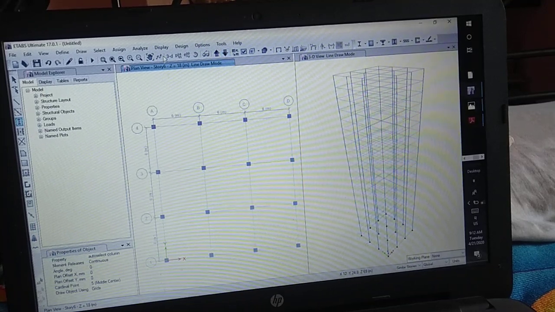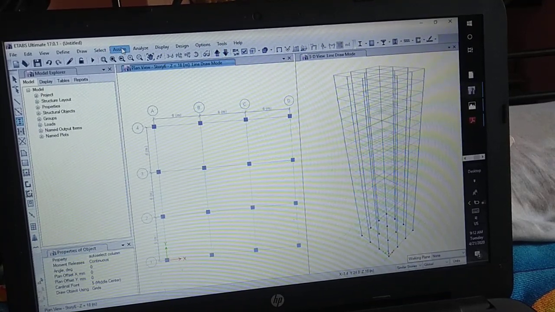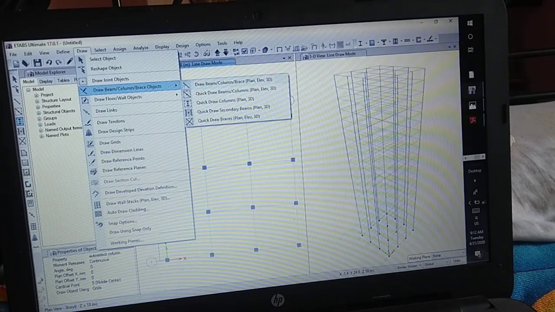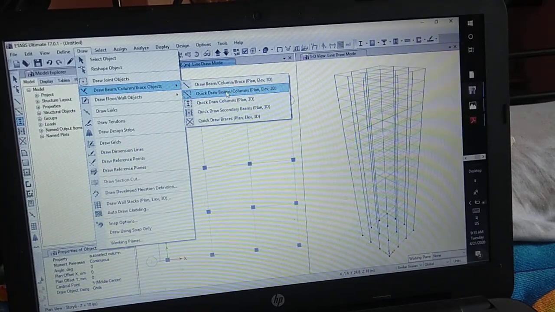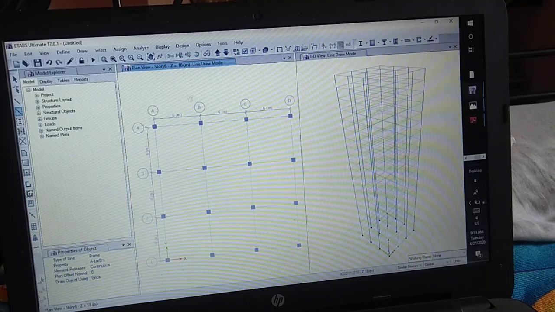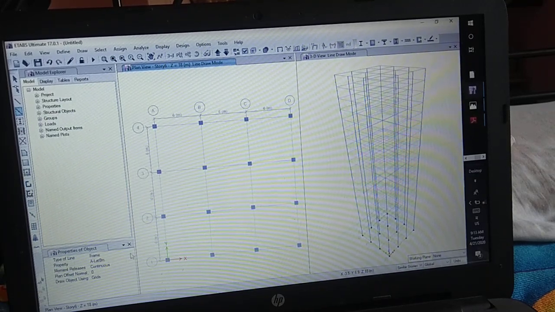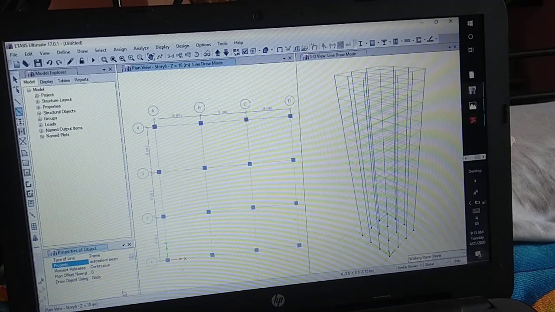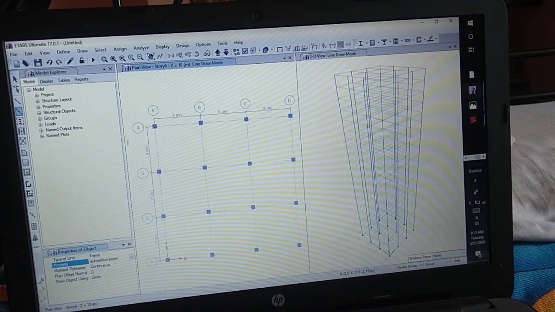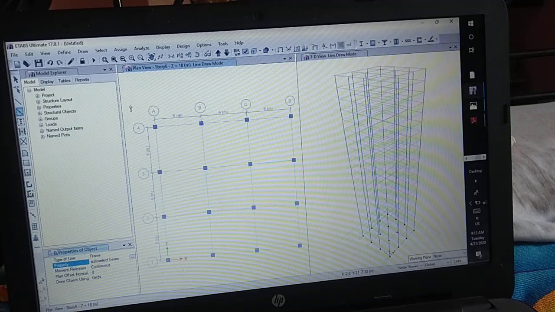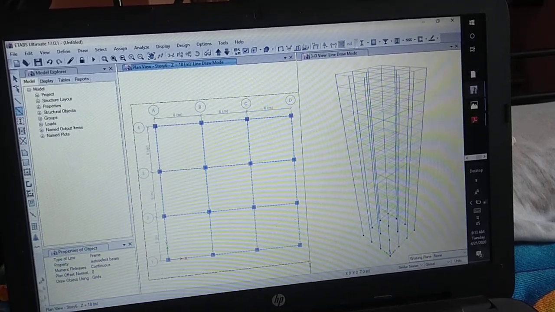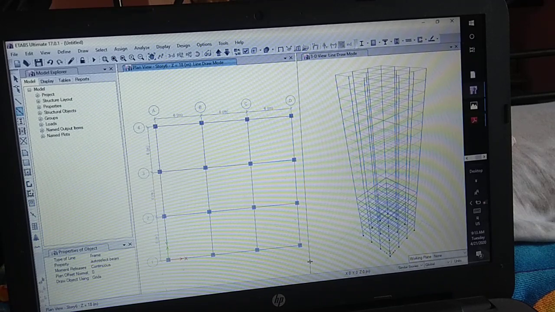Then we have to add beams. So Draw, then Quick Draw Beams. Then select the beam property as Auto Select Beam, then click and drag. So this is our plan.